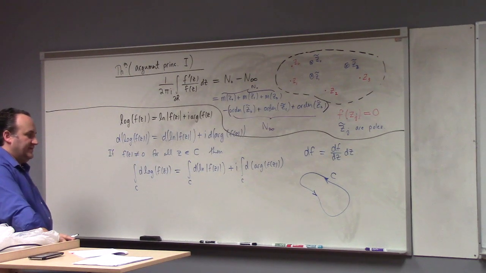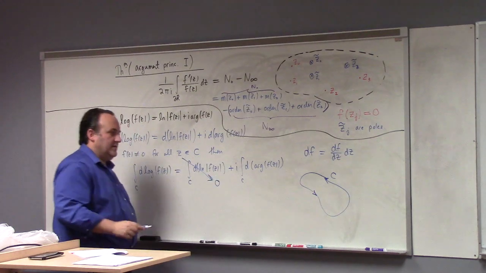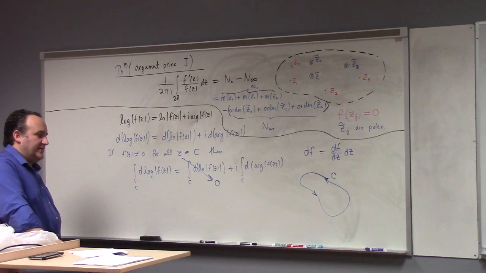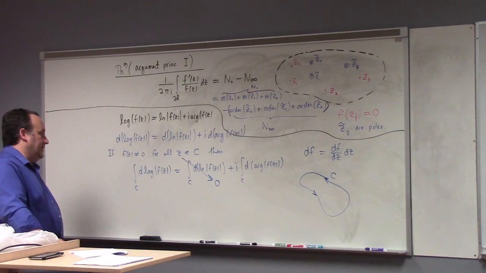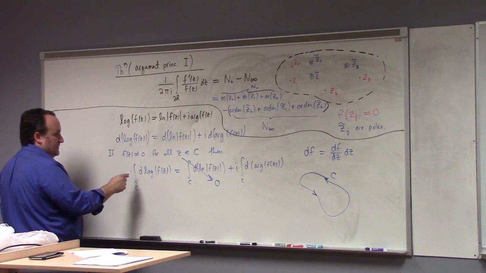But in contrast, this piece goes to 0 because of that. The other one, that notation is a notation for a particular branch of the argument, and we know we can't have the same branch the whole way around a loop. So we don't automatically know that's 0. It might be 0, we just don't know. And the larger point is that this is,